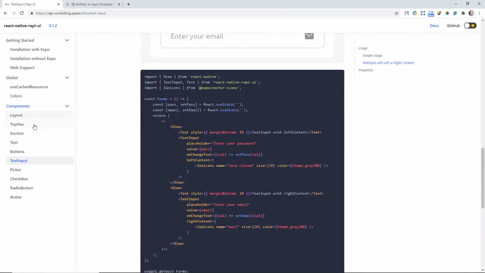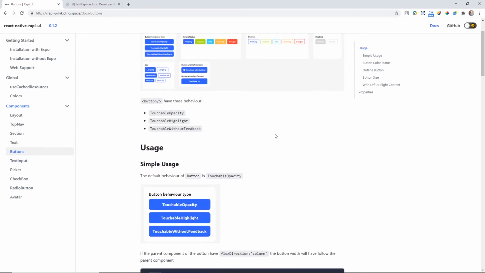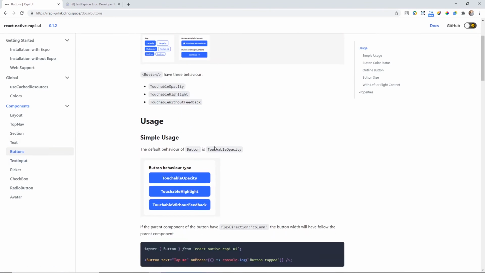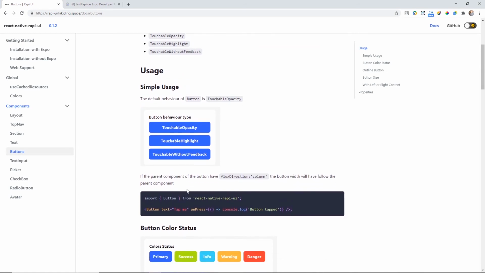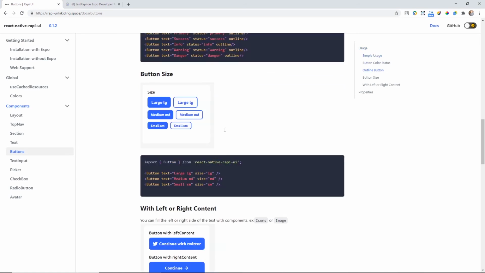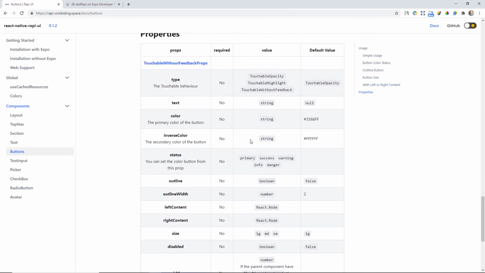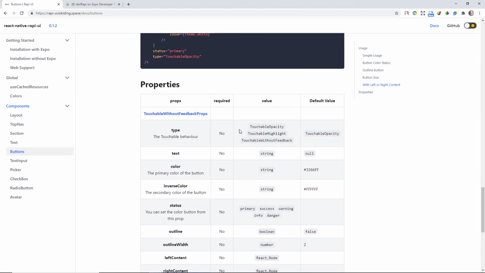The button component has many various props you can use, like type. With type you can simply choose the behavior of your buttons. It has opacity, touchable opacity, touchable highlight, and touchable without feedback.